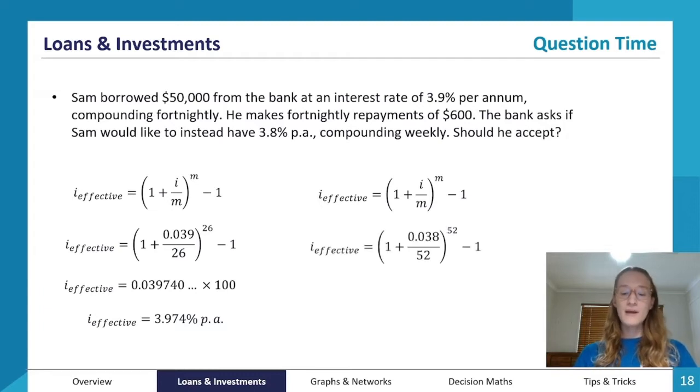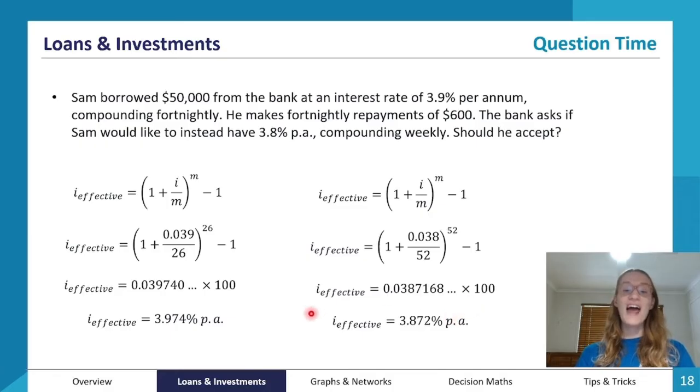So same formula, but here our decimal rate of interest is 0.038 because that's the other interest rate he was offered. And then our compounds per annum is 52 because he was also offered weekly compounds. So that's 52 times a year. Again, we solve it, we put it through the calculator, and that gives us an annual effective interest rate of